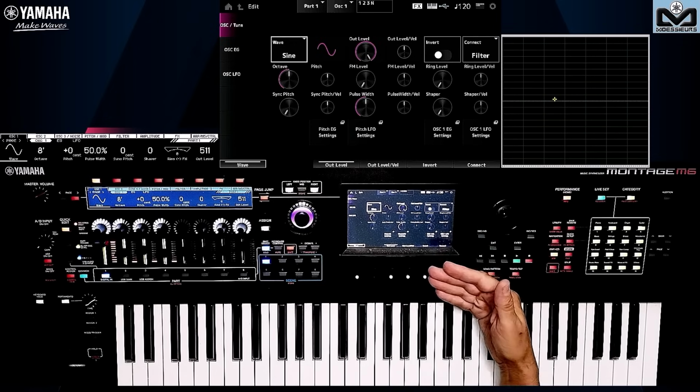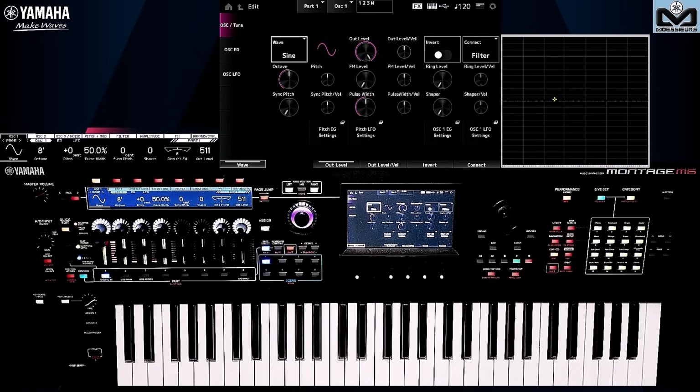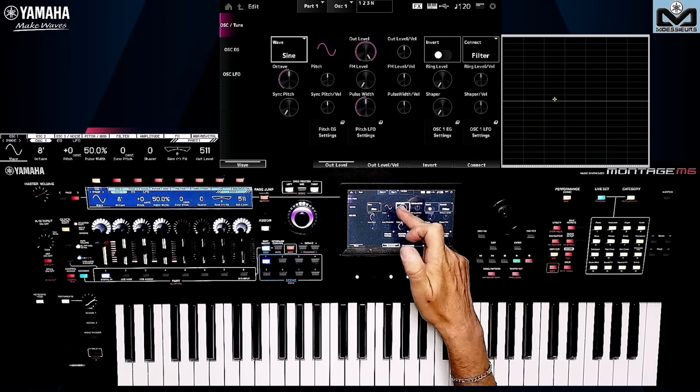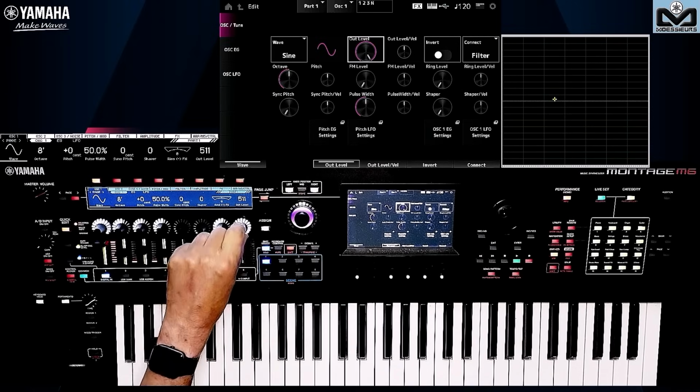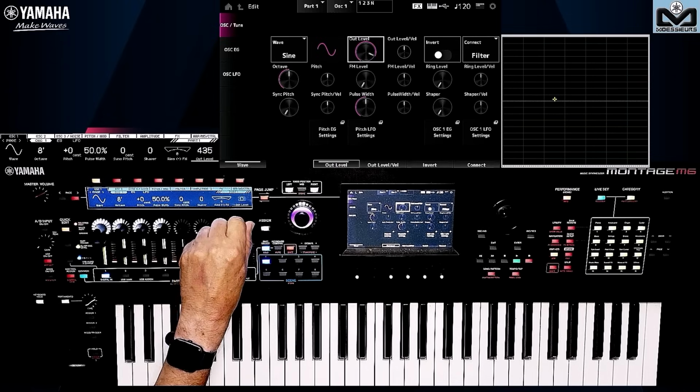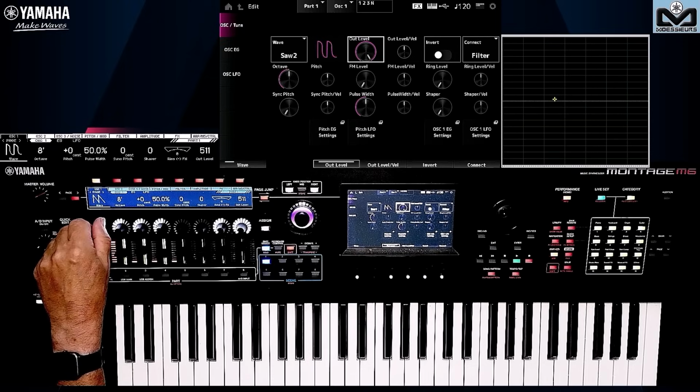For each of the 3 oscillators, we can choose a different waveform. You don't have to set the same waveform on all 3 oscillators. You can mix them according to your needs and what you want to achieve in terms of sound design. For each of these oscillators, we can adjust the level. You're not going to set them all to the maximum. The output level, which we find here on the sub-screen, will allow us to easily manage the level to mix our 3 oscillators. I'm going back to a saw.